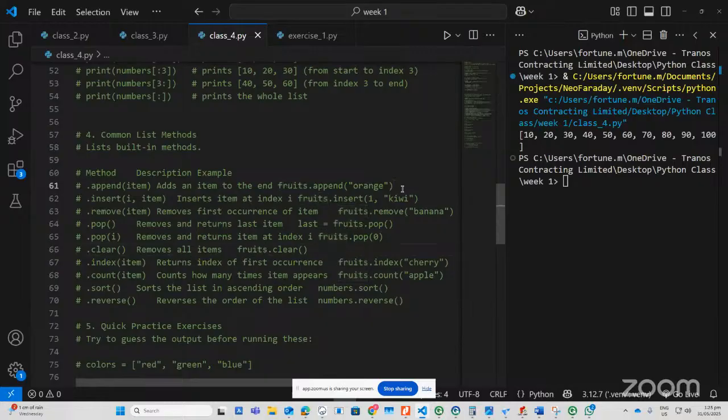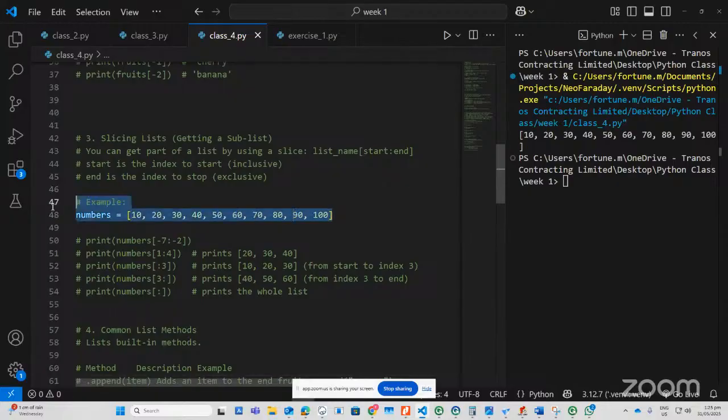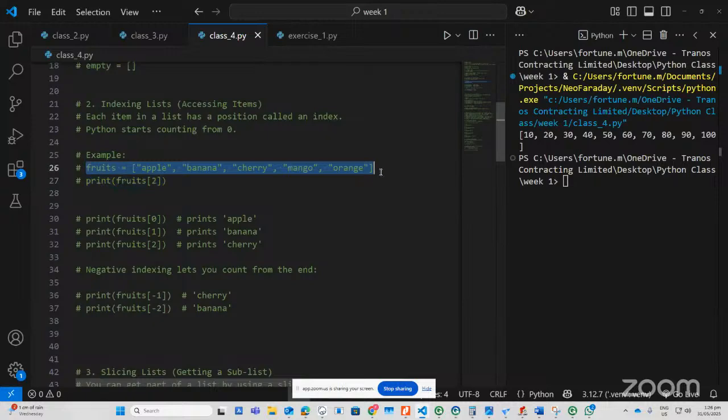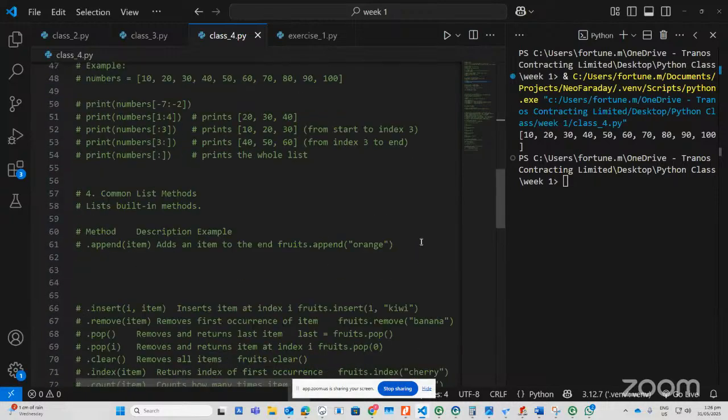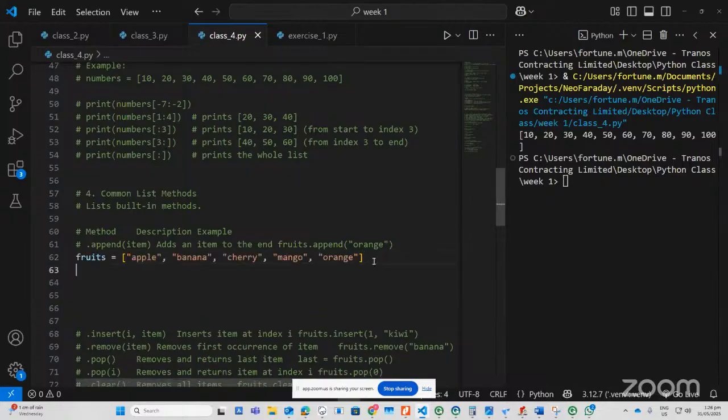So lists have several methods that are very, very useful, right? If I want to add an item to a list, I use this append method. How does it work? Let's grab our fruits here, paste. And if I want to add a new fruit to this fruits list, I come here and say fruits